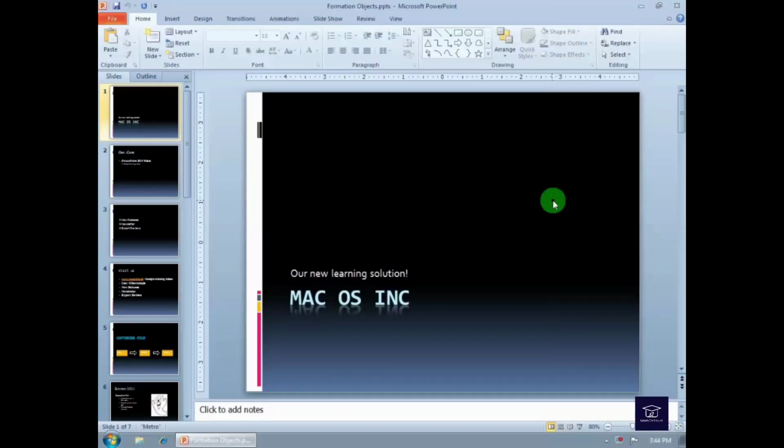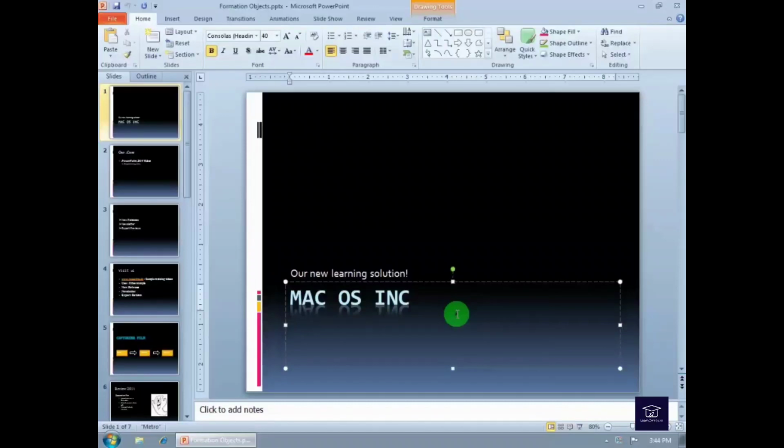I'm going to show you some of the more popular ways when it comes to formatting your objects within your presentation. When I talk about objects, I'm talking about things like pictures, shapes, word art. In fact, on slide 1 we've got some text that's been converted, or word art's been applied to the text. In any case, when you want to format your text, just go ahead and click inside the text so it